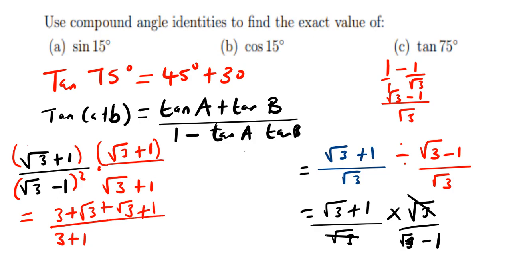Okay, now what do I have? On top I've got 3 and 1, they can add, so I have a 4. Plus then root 3 plus root 3, I'll have 2 root 3. Everything over